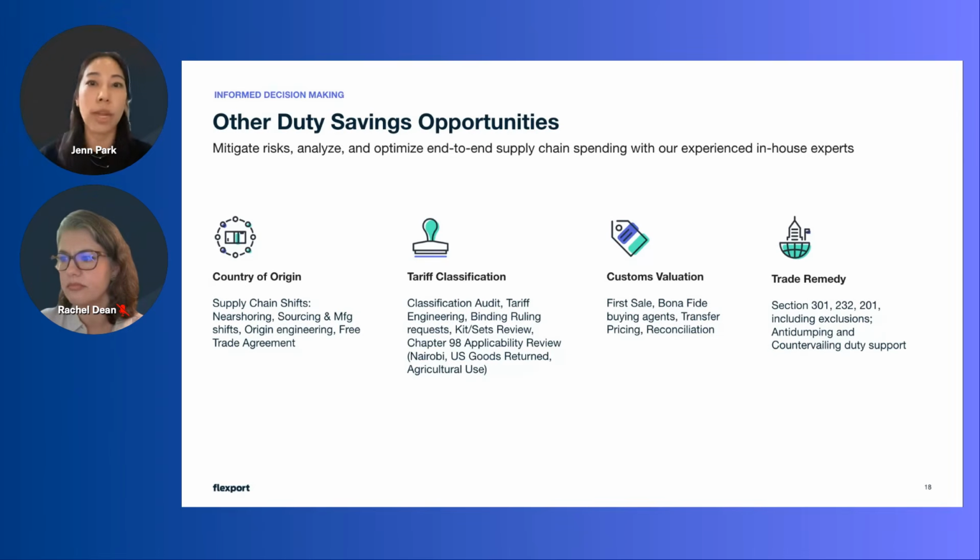So we're working with companies to really identify what should be reported, how it should be documented, so that if customs does ask, they have proper documentation in place to prove that it should only be that 40% or 30% instead of that 100% of their finished good. So if DDP is not something that you would want to explore, considering some of the risks that you just saw in our webinar, we would also look at some of these as potential ways to reduce some tariffs. And then if you go to the next slide,